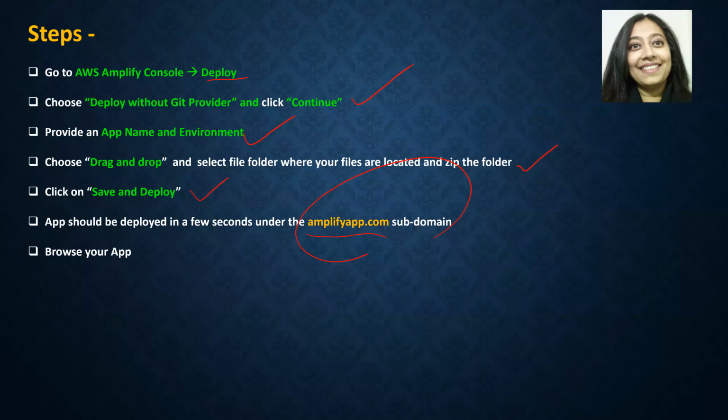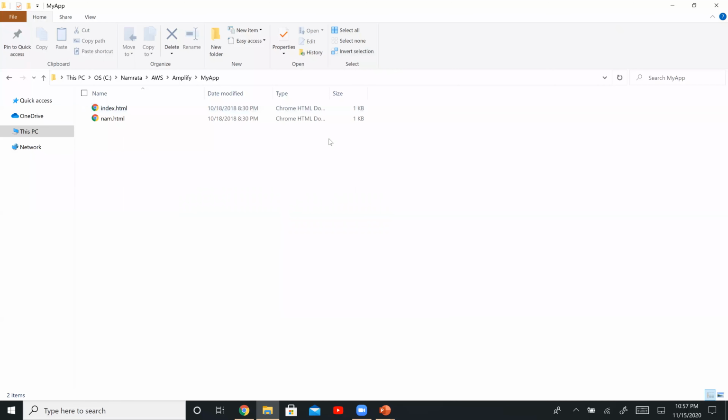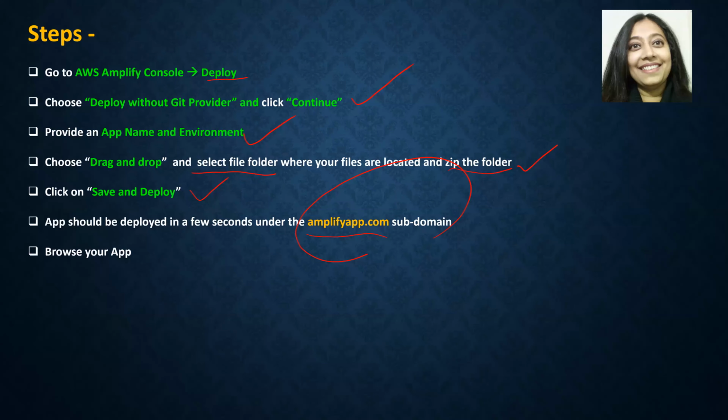So what did we do first? We went to the folder where all the files were, the parent folder, if you remember, and we zipped that folder. That means we zipped this my app folder. This is the folder wherein my HTML files are. I basically just went and zipped this particular folder. Okay, and that's why I'm getting this error. If I want to avoid this error,